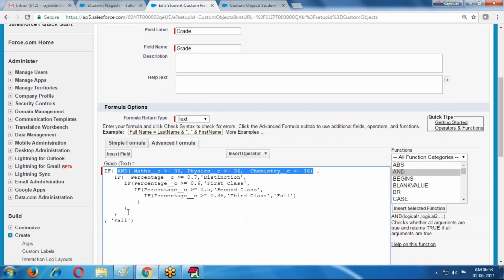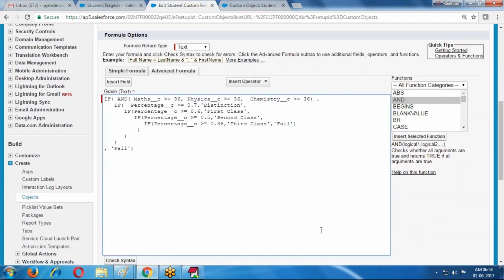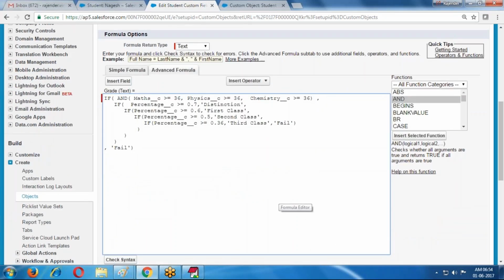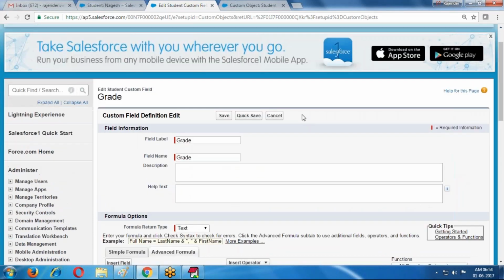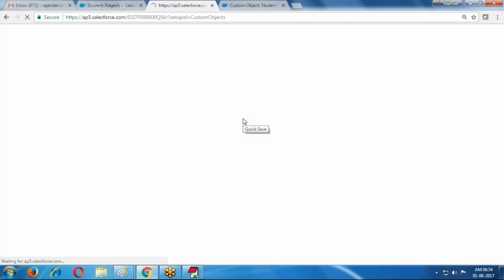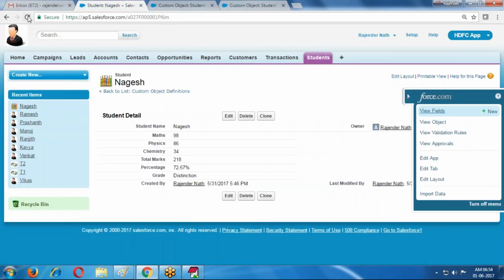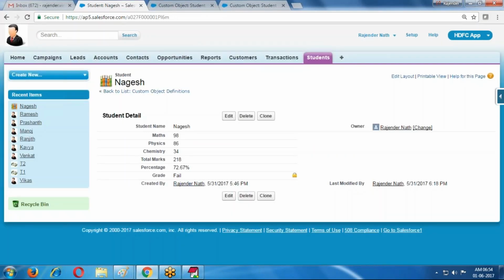One second. Now this logic is executing. Just apply and execute. Save. If I refresh, Fail is the output.